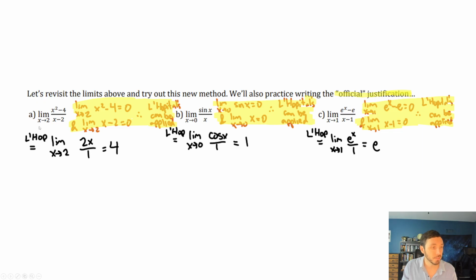I said is equal to, by L'Hopital's, I like to say LHOP up top, the limit as x approaches 2. I took the derivative of top, it's just 2x. I took the derivative of bottom, it's just 1. And hey, 2 times 2 is 4. Doing the same thing with sine of x here. Derivative of sine of x is cosine x. Derivative of x is 1. I can plug in that 0. I just get 1. So this was from that memorized expression, maybe from the limits unit,